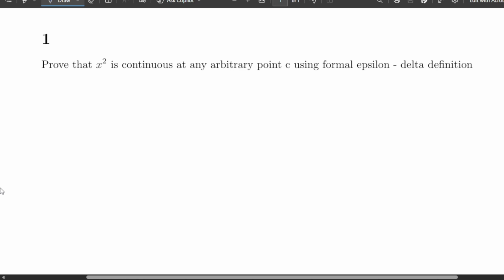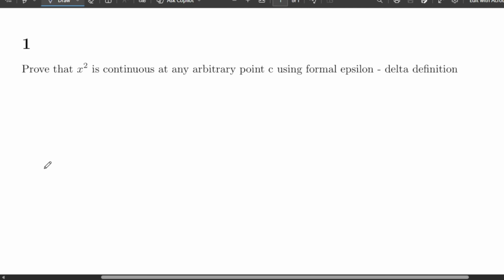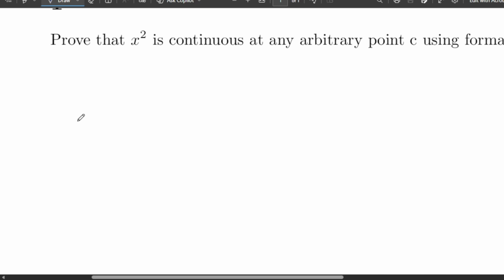So this is part of introduction to real analysis, so you can use this video maybe as a helper for proving that a function is continuous at, let's say, a point C. The question says: prove that x squared is continuous at any arbitrary point C using the epsilon-delta definition. In high school especially, to prove that any function is continuous at point C,